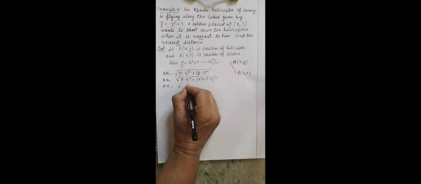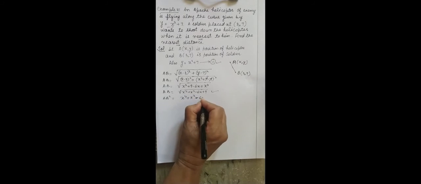It is given to me that y is equal to x square plus 7. So the value of y is x square plus 7 minus 7 whole square. So AB becomes, 7 minus 7 is 0. Expanding this whole square, x square plus 9 minus 6x plus x raised to power 4. So my AB will now be x^4 plus x square minus 6x plus 9.